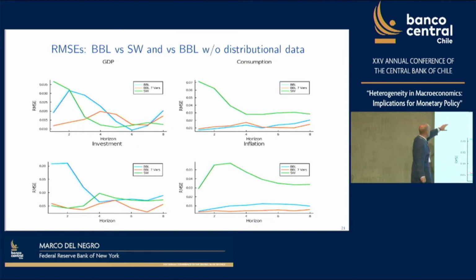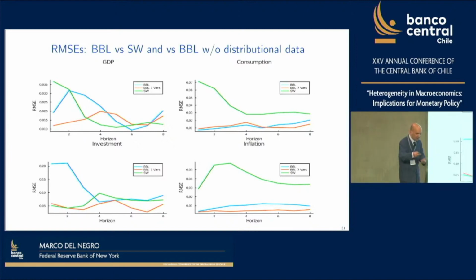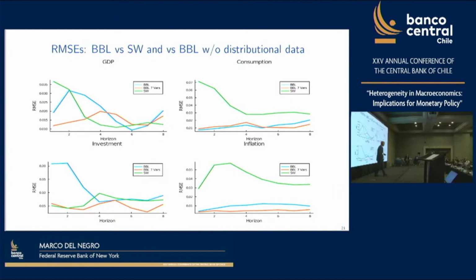I would not focus on period 1, because that's a nowcast. These models are not very good for nowcasting anyway. So, for instance, at the New York Fed, the econometrician does not have the information that all the other people who nowcast, with a lot of high frequency data, have. So when we run forecasts at the New York Fed, we always use somebody else's nowcast. So the fact that Smets and Wouters does poorly for nowcast is not so important. But from 2 on, it's fair game to look at these RMSEs. And what we find is the following,